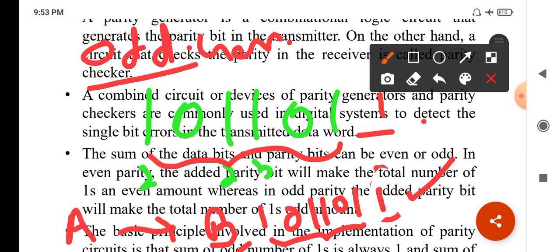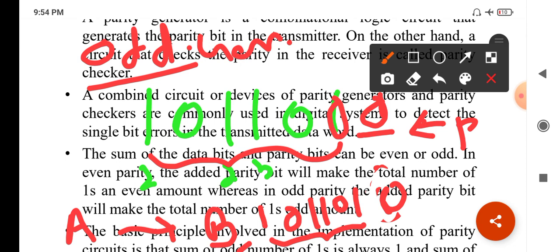Say in this case something happens, and the transmitted data is like this, and what we received has parity bit 0.